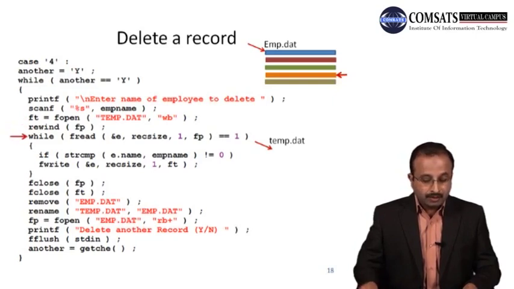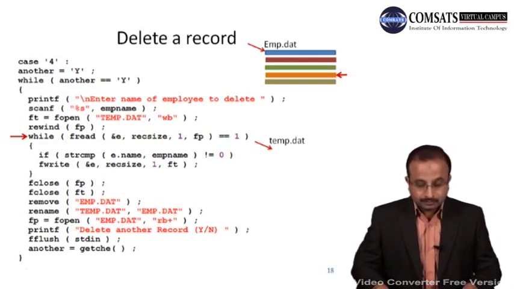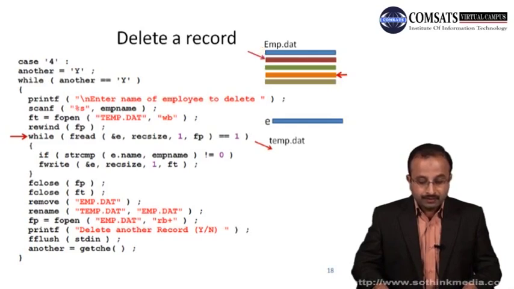Then you start reading the file. So now you have the name of the record that you do not want to write in the temporary file, here in the scanf function. Then you read the record in structure E. After reading the record, the file pointer points to the next record, that is the second record. Then you come inside the while and check the if condition: strcmp of e.name, the name of this record, with m.name. For example, the record whose name the user input was the orange record, and we have to delete it. So this means that this string compare function, which compares e.name and m.name,